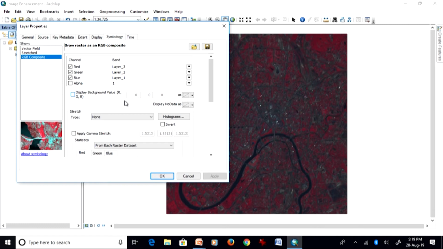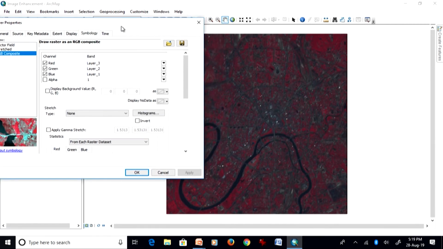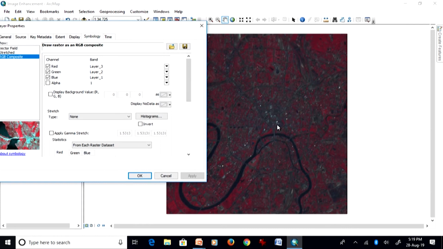Now, here I do not have any stretch. When you get an image and display it the first time, and by default the stretch type chosen is none, then you would see this kind of display, a dark image without much contrast or brightness.